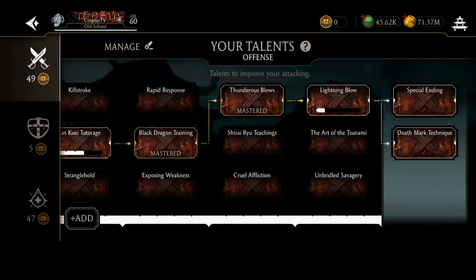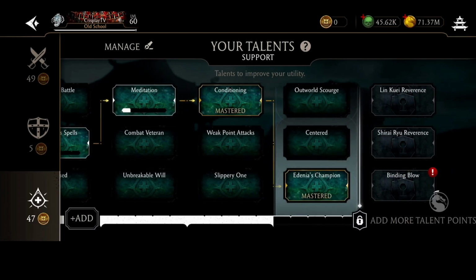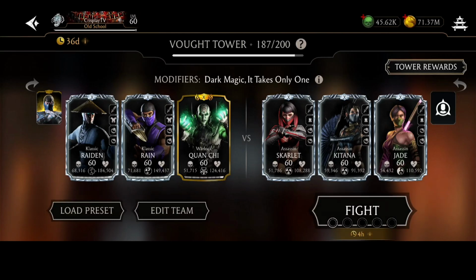So here I'm going to be using Back Dragon training, which has a blow to have special 2 damage. So this is for special 2s, conditioning and then champion. Also, another strategy, guys, on this tower you can use a lot